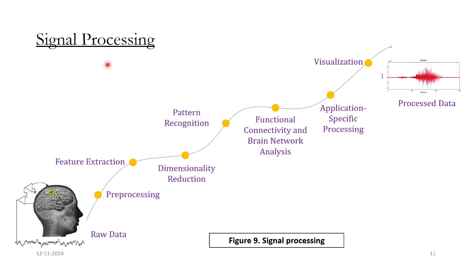Because we cannot go by our visual perception, right? We have to have some tools which must assist us to understand whether the signal has been denoised in a proper way. So how do we do that? So typically in ECoG, the frequencies that we get are much higher compared to those of EEG. That's why there is a better filtering process for the noise in ECoG as compared to EEG signals.